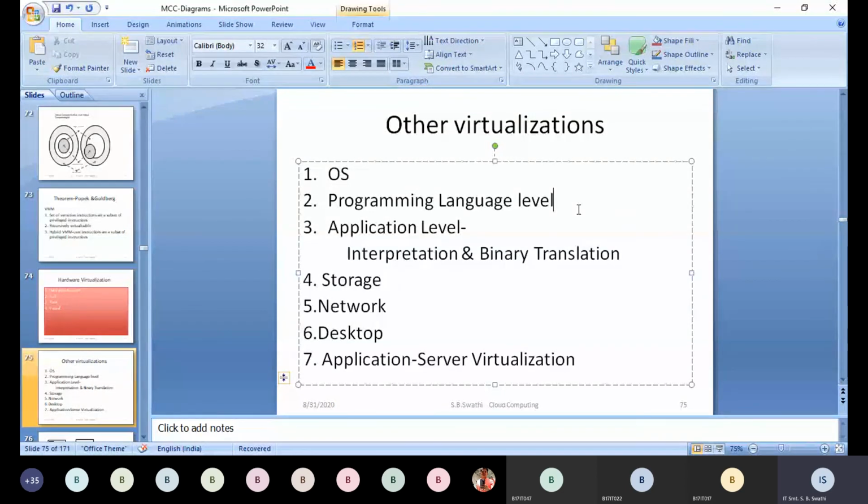Okay, and the next one is application level. Application level is where the application is ready to be used. You can directly use and execute it. Execution can be of two types, as we just discussed. Binary translation is where a group of instructions are executed at a time. Interpretation is where one instruction at a time is executed, with line by line execution, or line by line compilation. Here, all the lines will be compiled at a time.